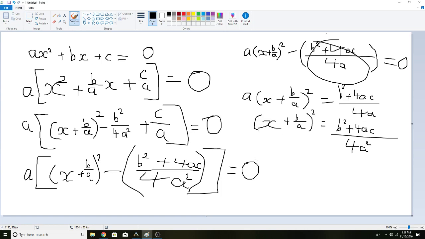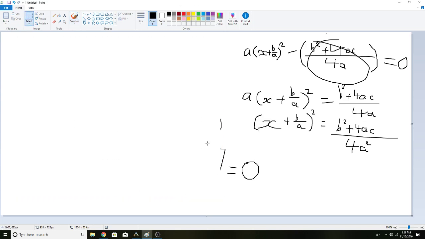section is, I'm going to rub the bit on the left. And yeah, we've got here. And then now what we're going to do is square root it. So x plus b over a squared equals